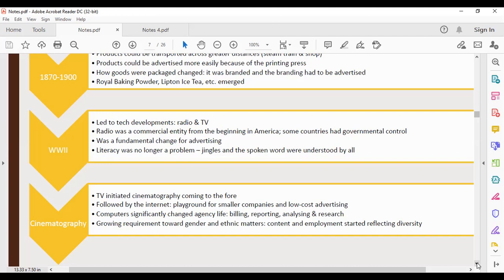By this, they mean even the content of the advertisements was also reflecting the demographics of that particular society. More people are getting involved, meaning even the content that is being written or aired reflects the diversity of particular societies. Then even employment started reflecting diversity as well. The demographics of a country: how many people do we have that are employed that are Black, that are white, that are Indian? So all this started to be a representation of different societies.